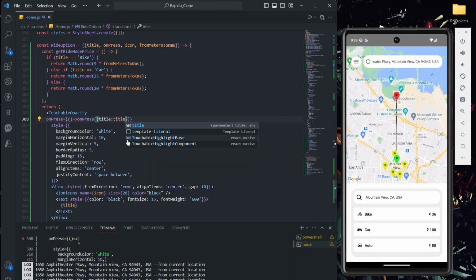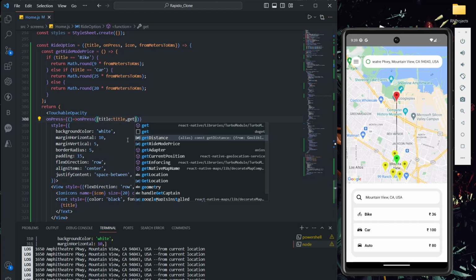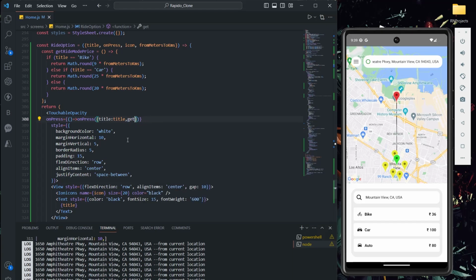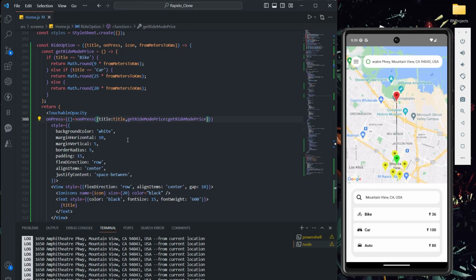Title will be title only, and getRideModePrice. So not getDistance, getRideModePrice will be getRideModePrice only. These are the two things I need.